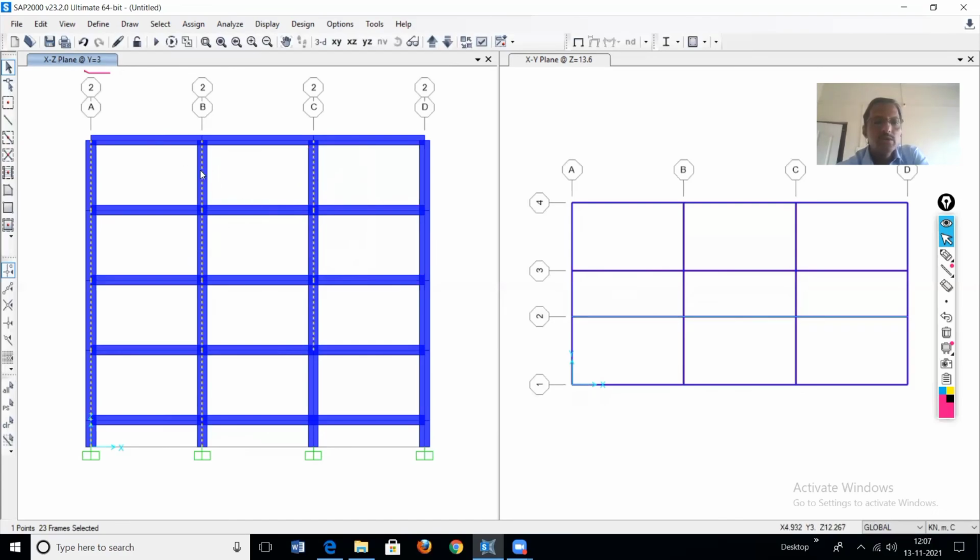Only select those columns whose orientation is to be changed, only the exterior columns. Then go to 5.